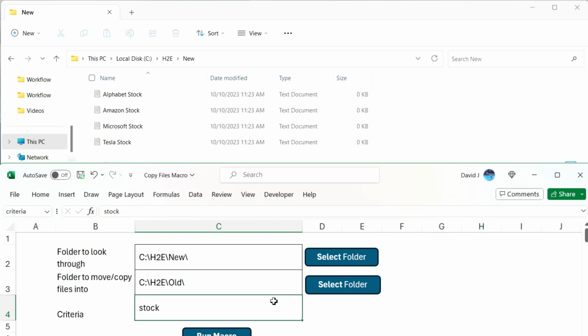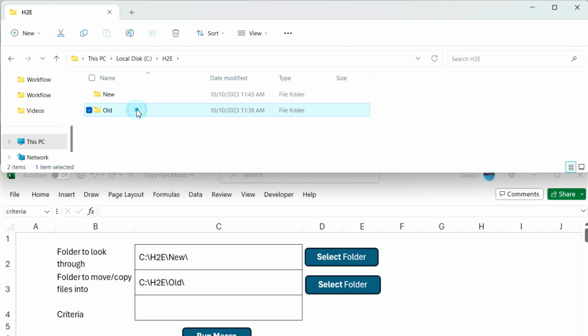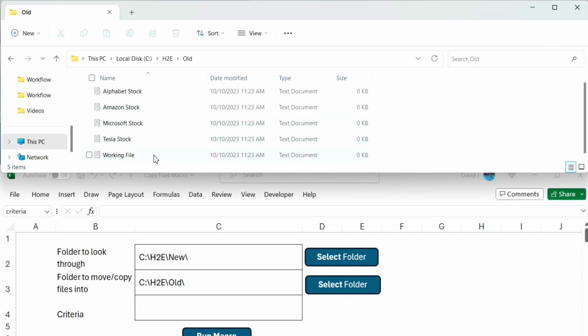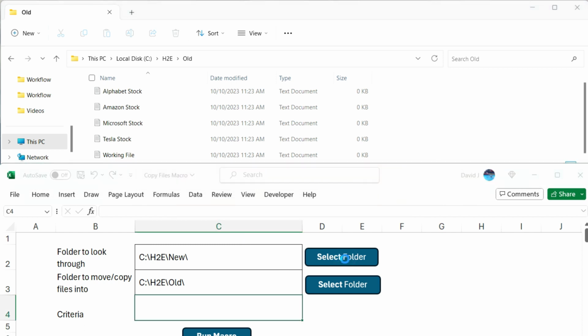Now there is one more thing you can do, and that's also to just clear out this criteria. It's not necessary for the macro to work. And if it's cleared out, what's going to happen is every file is going to meet the criteria. So if you want to copy everything or move everything, you can just leave it blank. So in this example, I've got everything in this new folder except for that working file, right? And rather than typing in working or file or making that criteria fit, what I can do is just select my old folder,